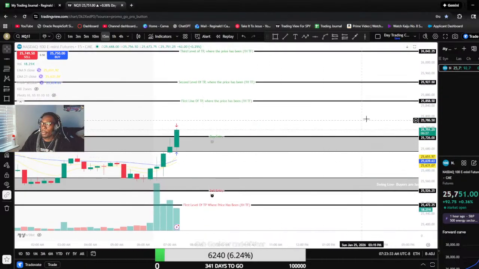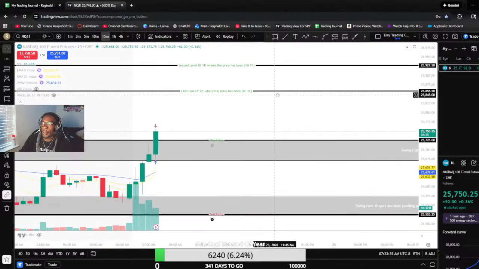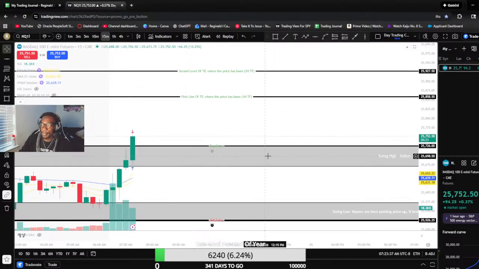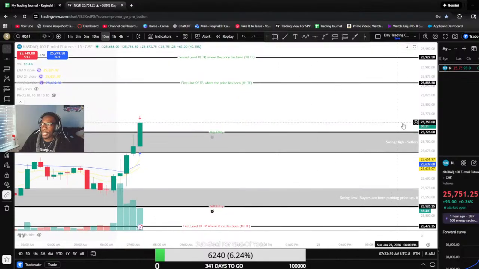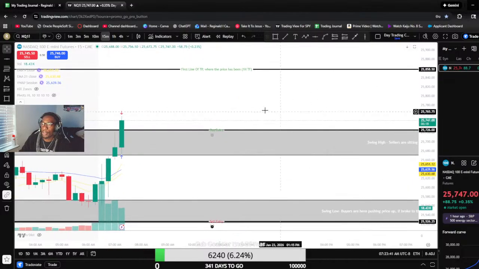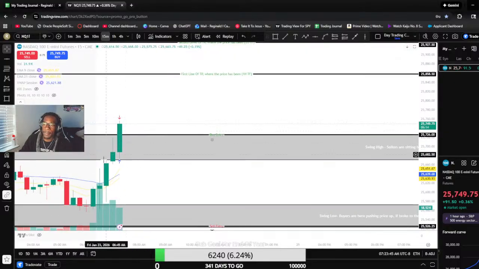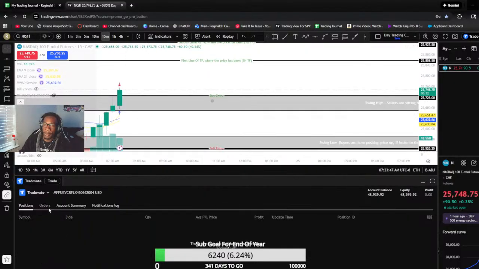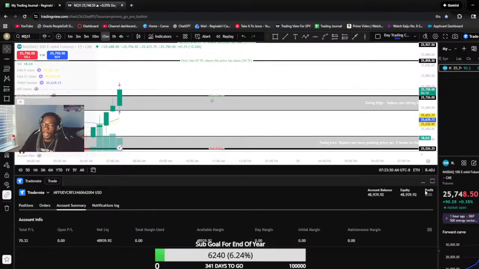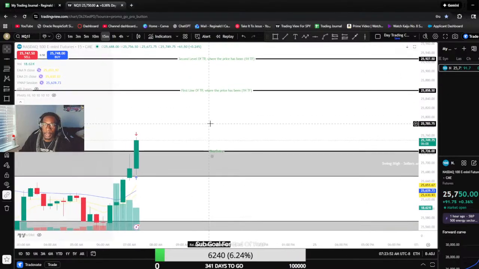Yeah, it broke above. But what I want to see, you remember how I said the correction happens? This is the same candle it broke out on. So what I really want to see, and we made money on that. I'm just trying to see, like that was $70 real quick. But what I want to show